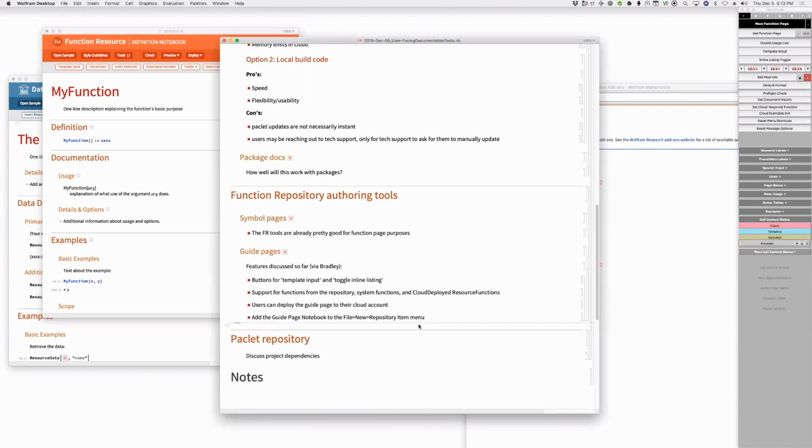So we get reports out of the build system, but we can't scan a page. Okay. So one of the short-term things is making guide pages for function repository functions, which is a test run of making guide pages, and the idea for that is,